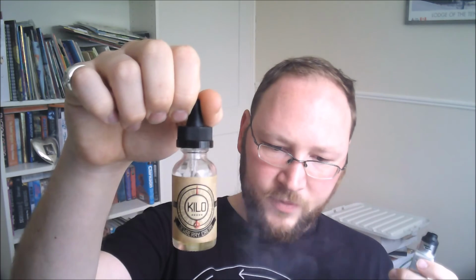I've got some Kilo in there, some of the dewberry cream, which is very nice. And what do I think so far? I mean, yeah, squonking's cool. I will do a full review of this, but